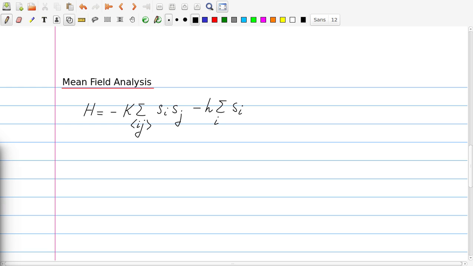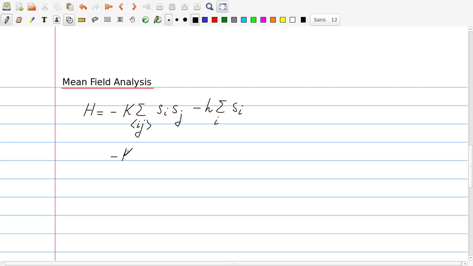Calculating the partition function for the Ising model in 2 dimensions is a formidable task. However, it is possible to analyze some of the essential features of the phase transition using some approximations, and then of course the question is whether the critical exponents that we find after these approximations are the correct ones. The approximation, which is very popular and not only for the Ising model, is the mean field analysis, the mean field model. So we start from the full Hamiltonian and try to reduce it to a simpler form, and that